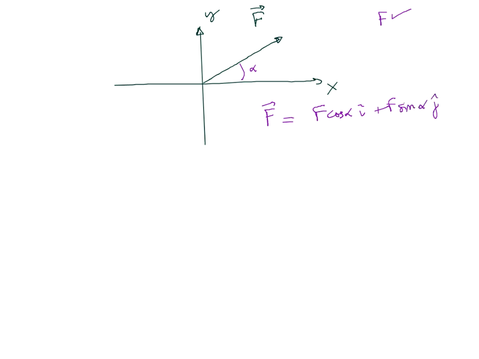That works great in 2D, no problem. In 3D, you're going to run into trouble because now you're going to need 3 angles. We call them cosine angles. The angle between your vector and the x-axis, the angle between the vector and the y-axis, and the angle between your vector and the z-axis. Which means that you have to use the Pythagorean theorem 3 times in 3 different directions, which is a nightmare. That's why we use calculus. So let's figure out if we can express F not using trig, by using a unit vector, if instead of being given its direction in terms of an angle, we're given its direction in terms of a particular line